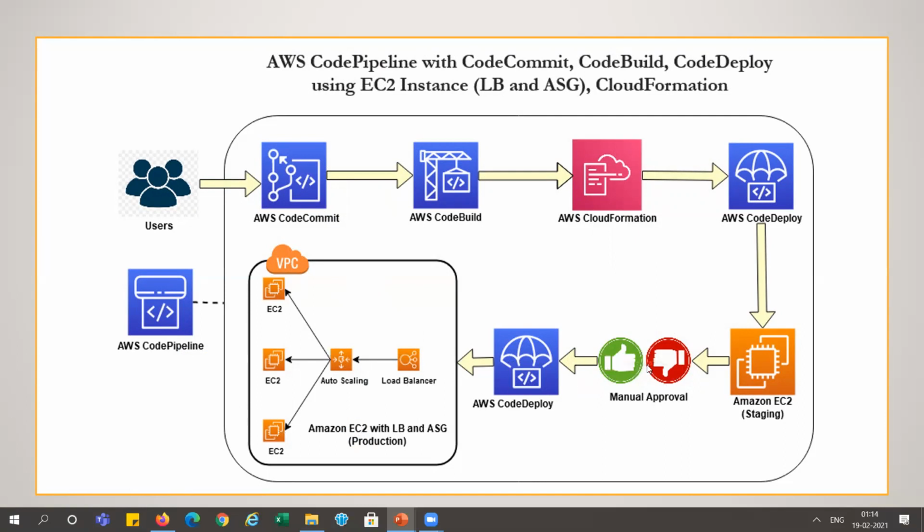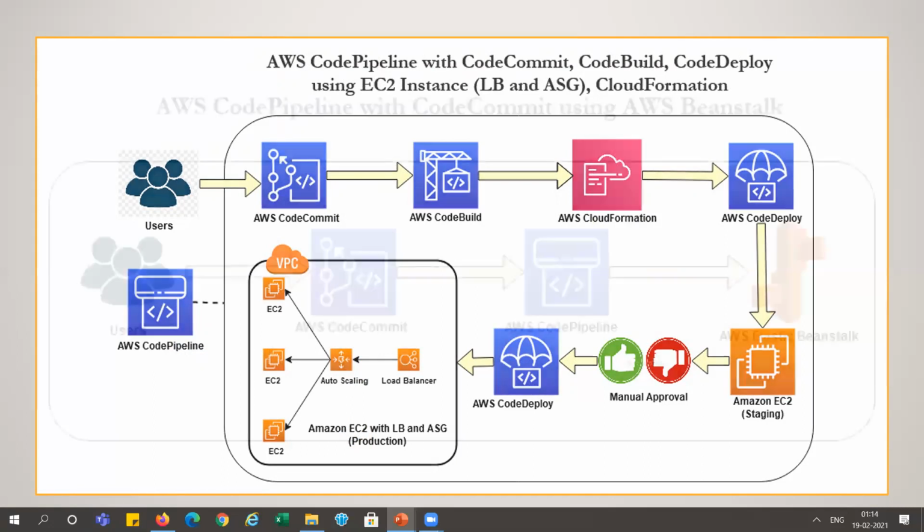So this is the whole process, and after this approval process, we will call the delete stack for the CloudFormation, which will remove this environment which was earlier created by AWS CloudFormation. So each time when code is committed, every time it will create a staging environment, everything will be tested, and after manual approval, this staging environment will be deleted. So we will delete all those resources, so we can reduce the cost of the staging environment.